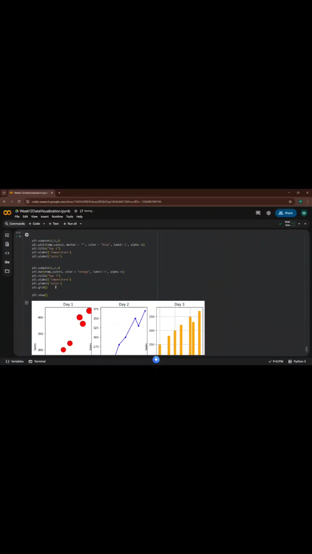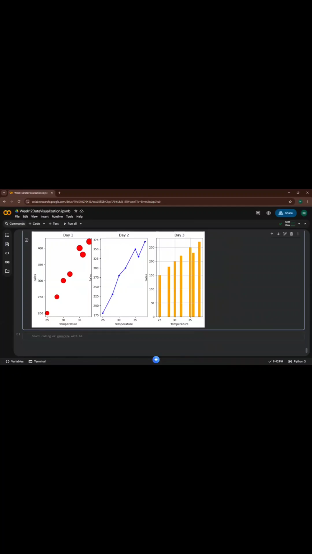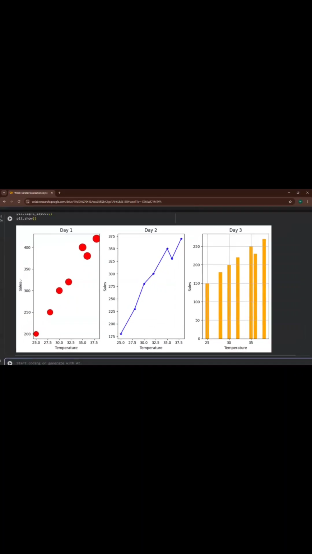And now if I want to do one thing more, right now if you guys will see, it is becoming a little overlapped, like the sales is coming over here inside. So to avoid that, just want to put the tight layout function. It will give a tight layout to each graph and it will avoid the overlapping. Clear guys? Clear everyone? Okay.